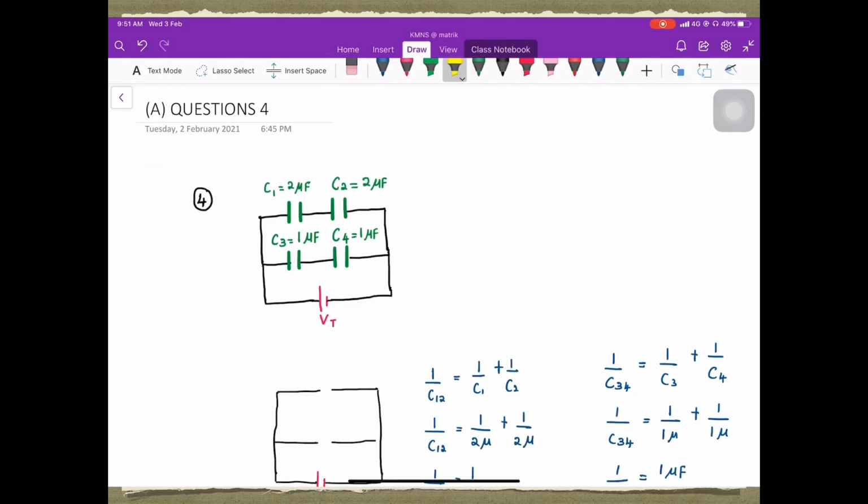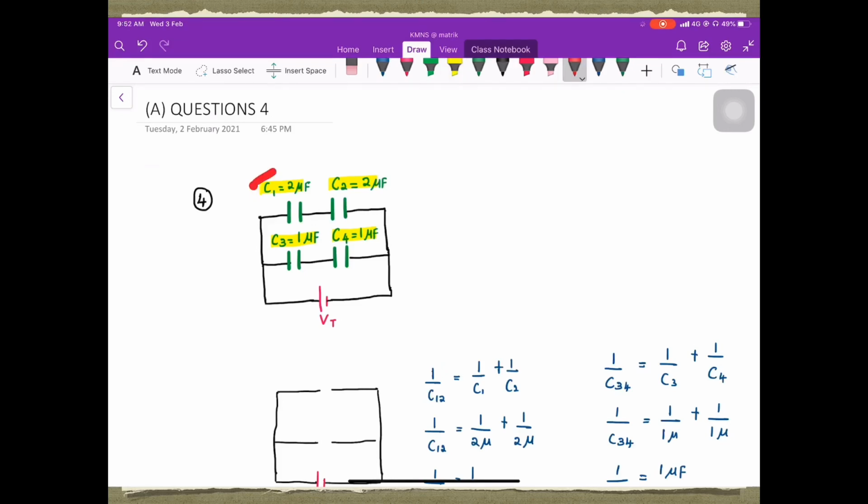What about question 4? Okay, now how many capacitors here? C1, C2, C3, C4. Okay, step 1, identify whether this is series or parallel. So first we need to look at the complicated combination first. Okay, so the complicated one is